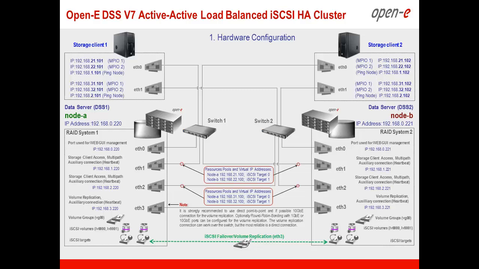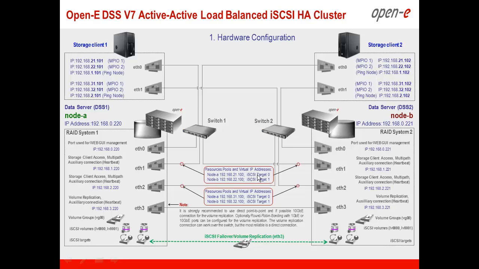load balance, meaning the first mirror set will normally be active on node A, and the second mirror set will normally be active on node B. Of course, you can have 10 volumes, and then 5 of them will be active on node B, and another 5 will be active on node A. Okay, so that's the storage adapters, and on top of the storage adapters we have virtual IP addresses,